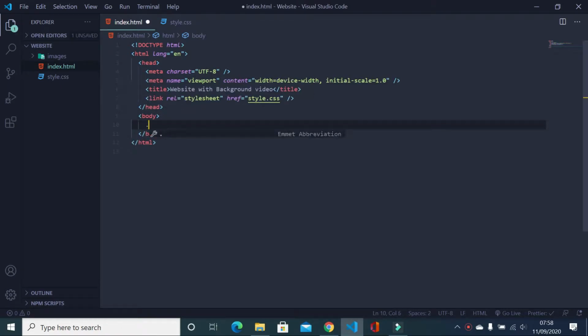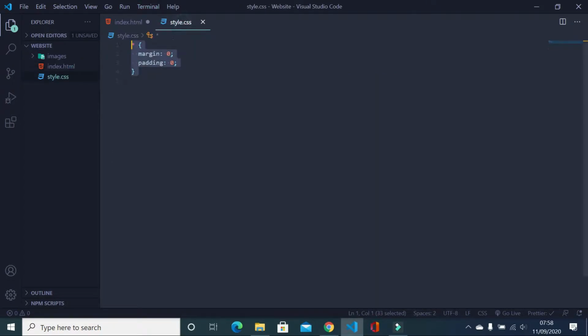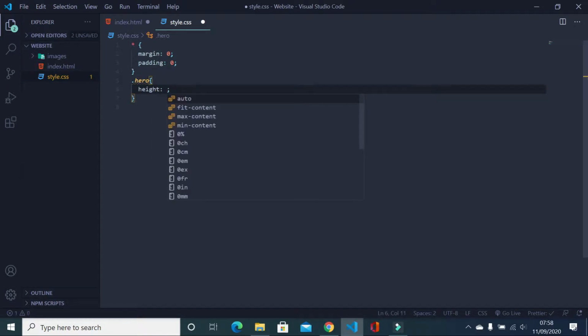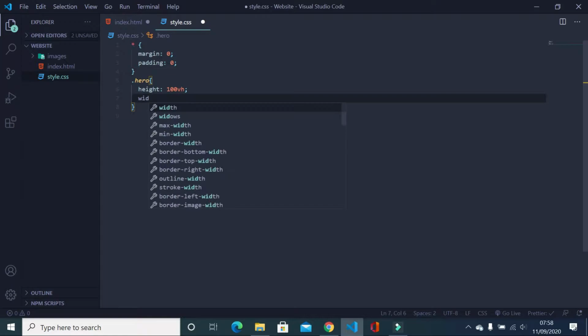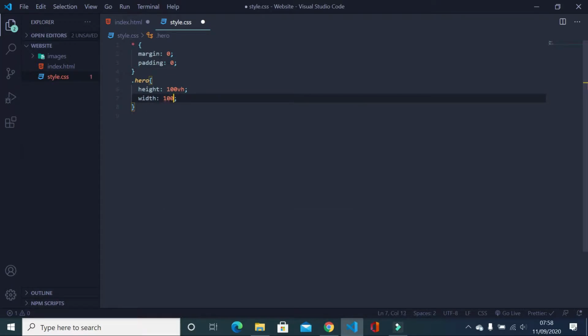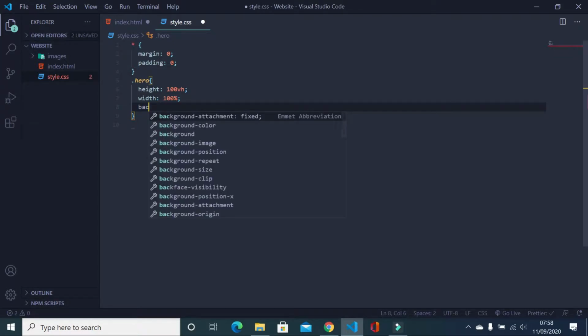Now come to the body. We'll create one div with a class name hero. Before doing that, we just need to copy the class to style that hero. So let's come here and we will say hero, height. I'll give a height of 100 view height. Also width of 100%, and I will add background image